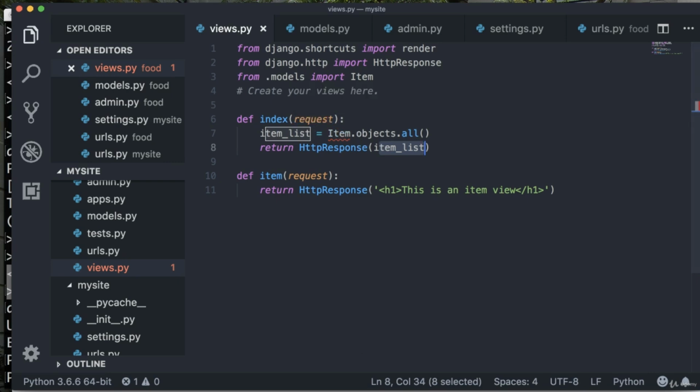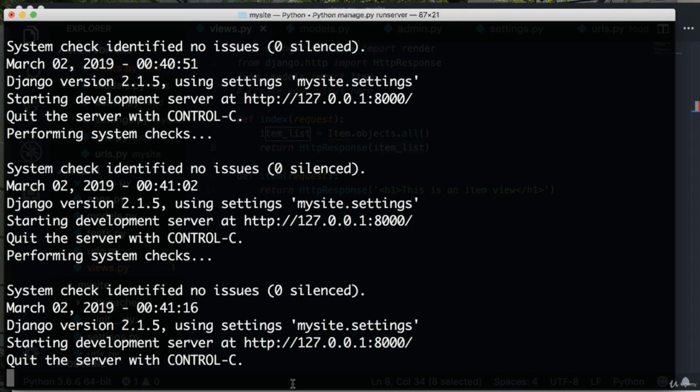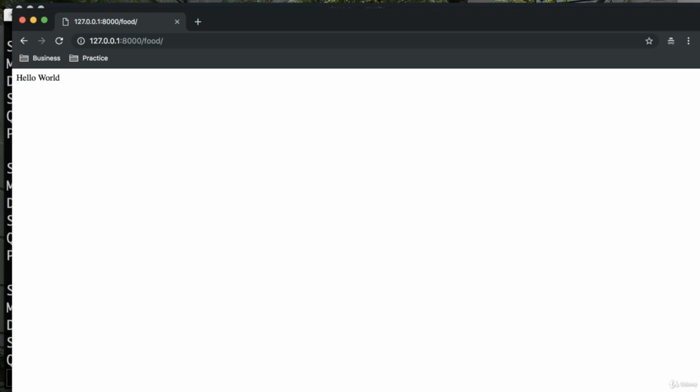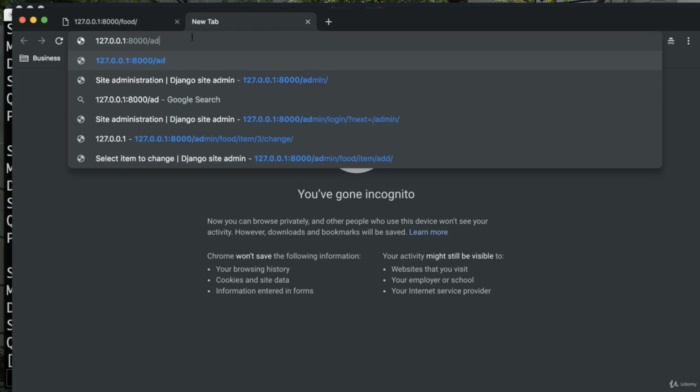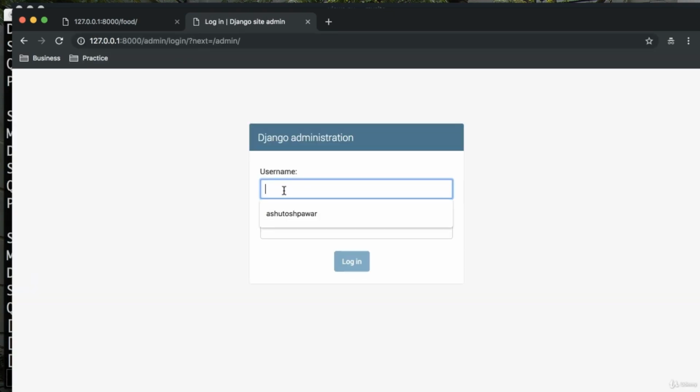Now let me save that, and make sure that the server is up and running. And now if you go to this URL, as you can see, you'll get pizza and burrito over here, because those are the two items which we have added to our database. Now if you go to the admin panel, so if you go to /admin, and log in over here,